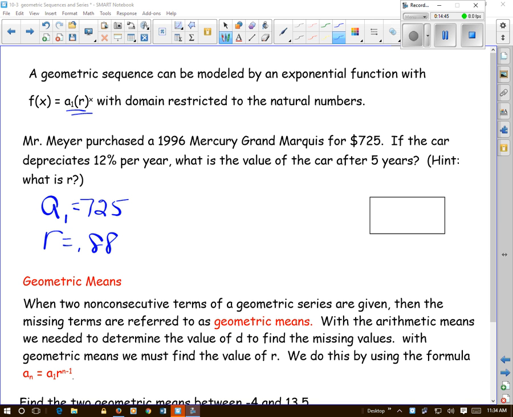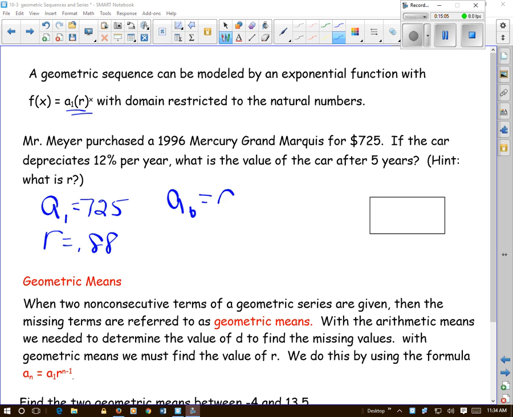No. We want to find a6. Because A1 is the value at the beginning, a year hasn't passed yet. So after 5 years is going to be a6. So finding a6,